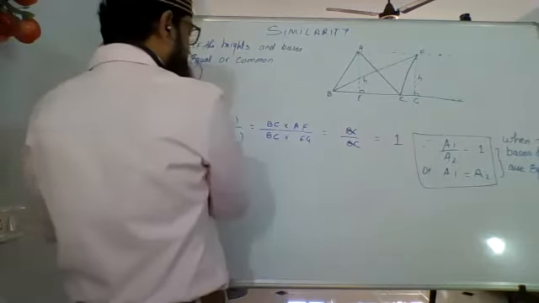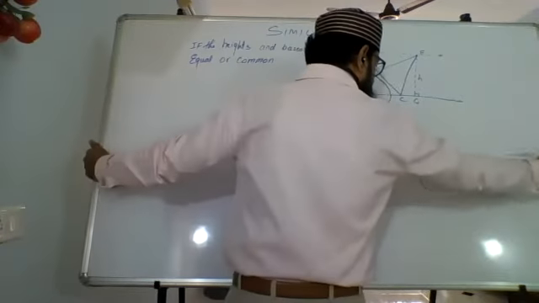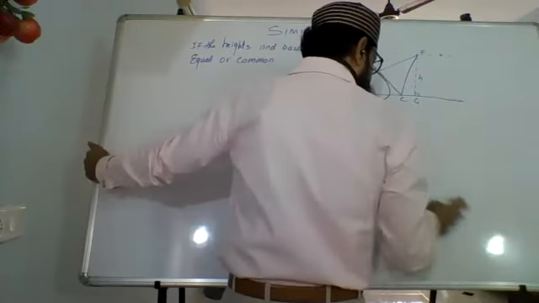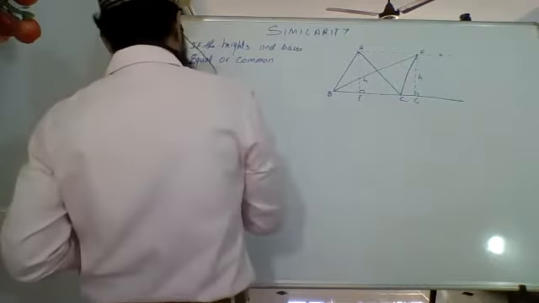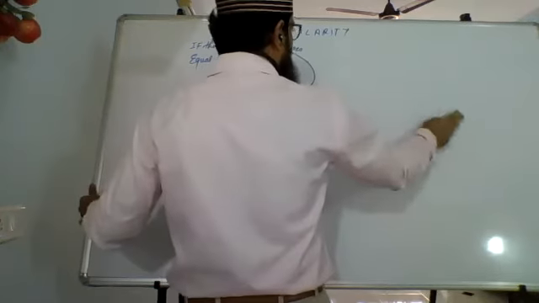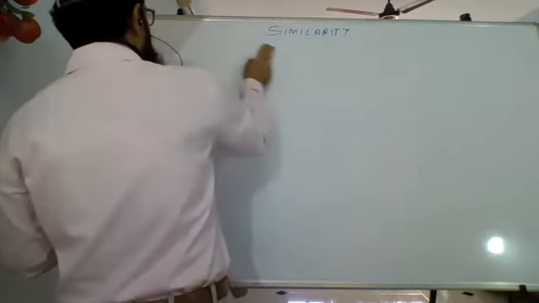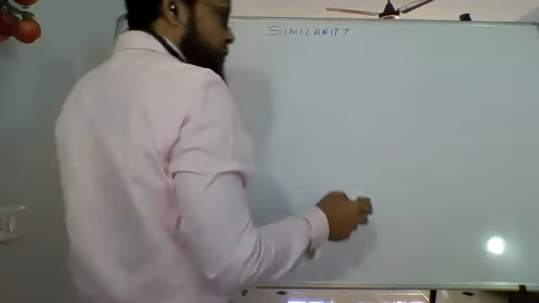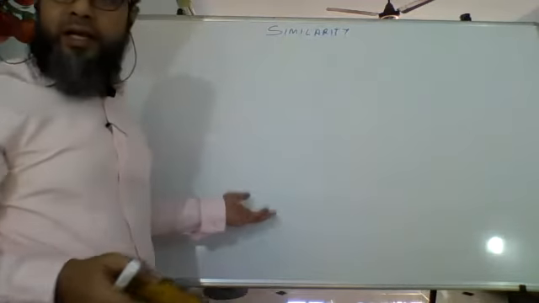in common or what they do not have in common, based on that you will arrive at the result. Of course you will say, sir, what is the need to remember all this? We can always say it is half base into height upon half base into height, but that will save you some steps. If you know that the bases are common, you can directly say H1 upon H2. You don't have to write and then again cancel.